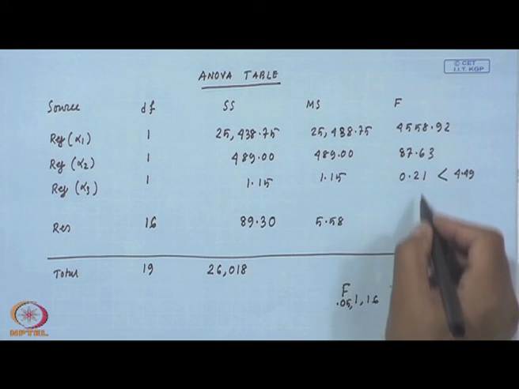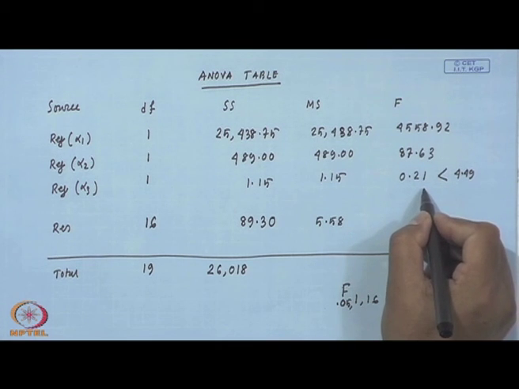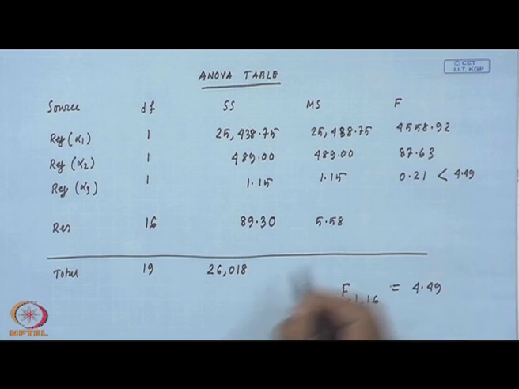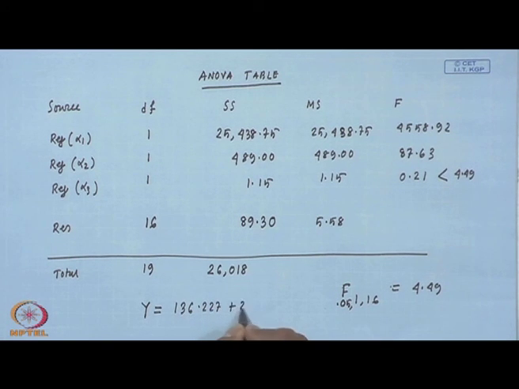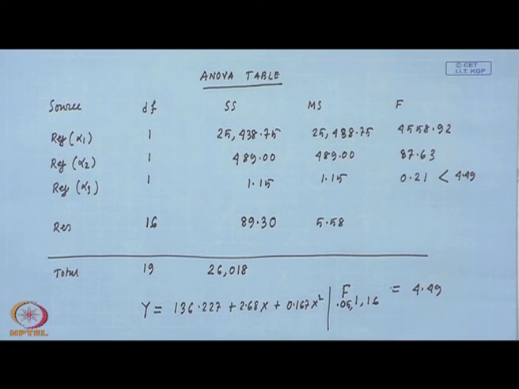And this table says that alpha 3 is not significant. That means you can go for a quadratic fit. So, the final fit in terms of x is 136.227 plus 2.68x plus 0.167x squared. Okay, so that you can check, but what I want to say is that this is my